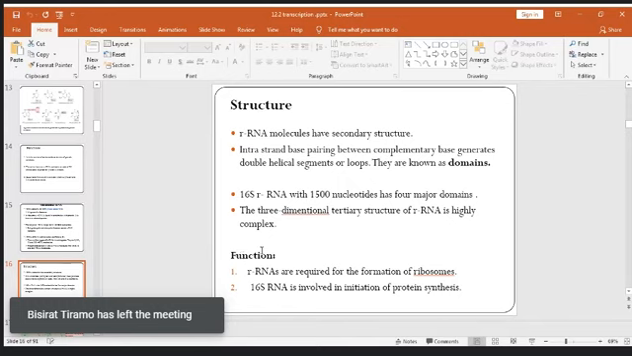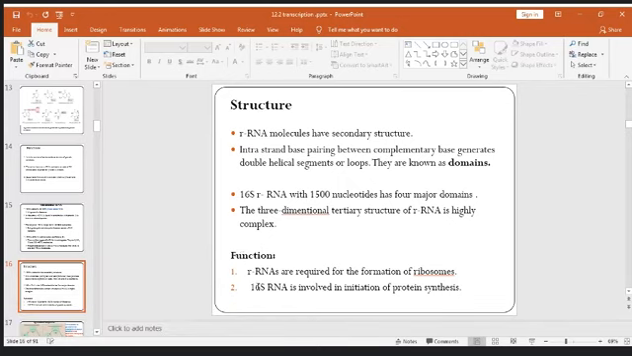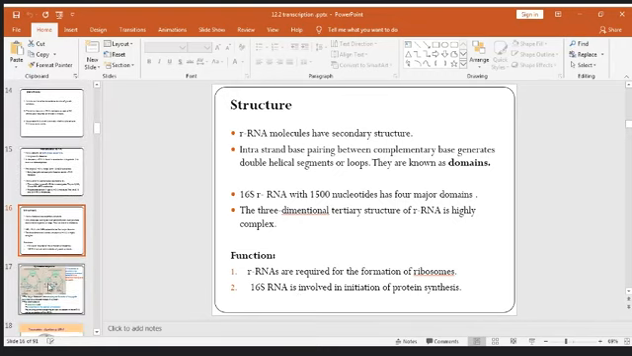As for function, ribosomal RNAs are required for the formation of ribosomes. Ribosomes contain the proteins and ribosomal RNA subunits as well. The 16S ribosomal RNA is involved in the initiation of the protein synthesis process, because each of the